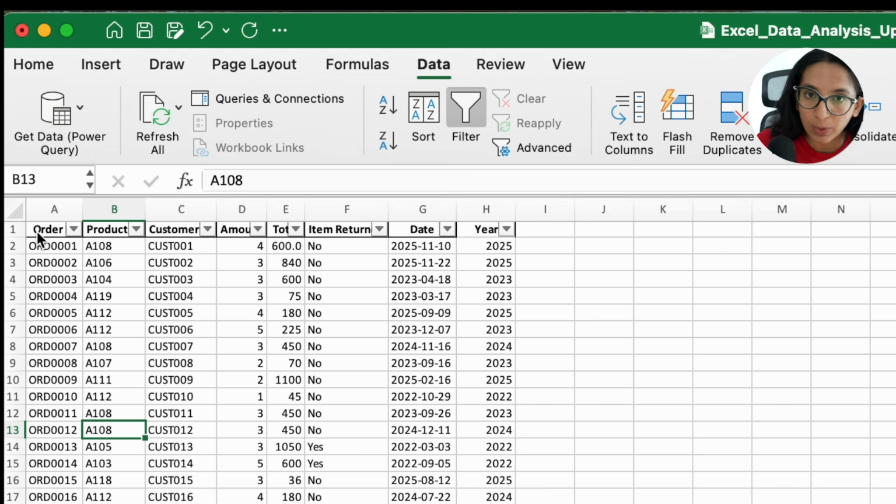The one thing that I do want to mention, which is the most important step in data analysis, is the problem statement. Before you even start thinking about cleaning the data and putting in all the fancy functions and making pivot tables and doing lookups, creating dashboards, all of that, you need to know the why behind it.